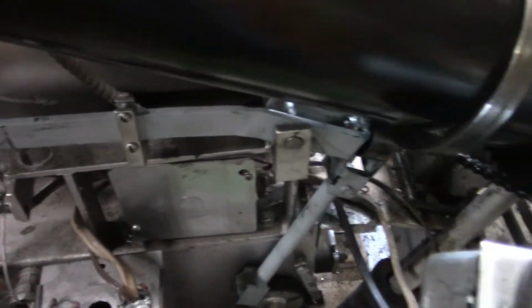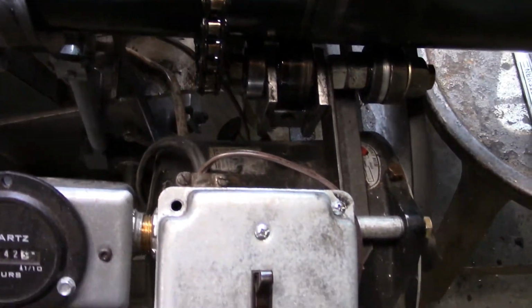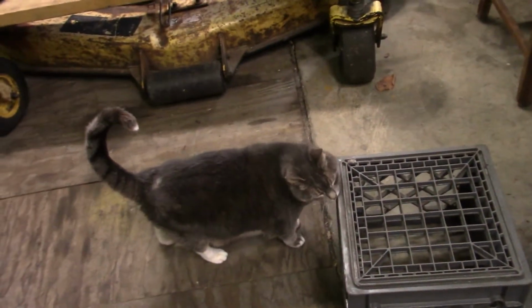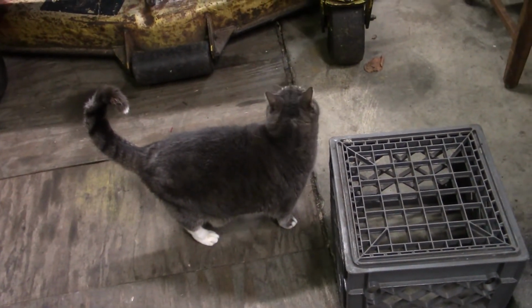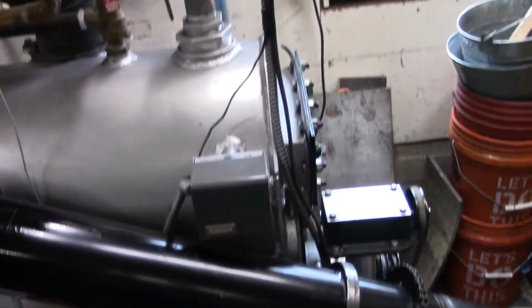So, for the holidays, we have planned a big rewire project. Kat's kind of concerned about the rewire project because she knows we'll have to shut the thing down for a while. And she hates it when the garage boiler's shut down. So anyway,